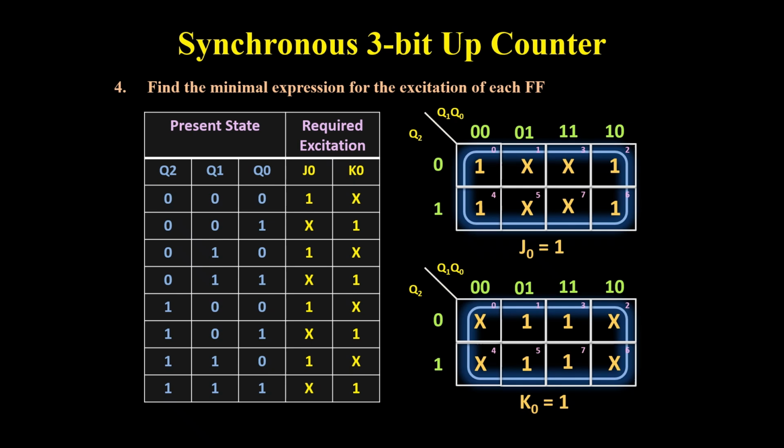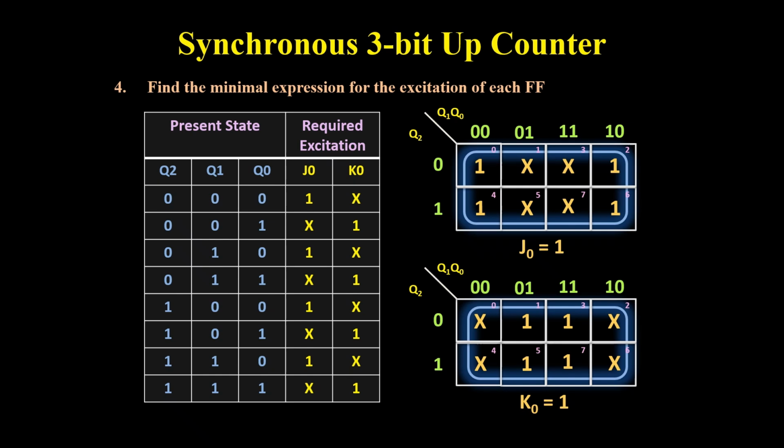So here, if we consider all these don't care terms as the logic 1, then this J0 and K0 is equal to 1 for the all different input combinations. Or if we use the K map, then in the K map, we can make the group of 8 ones. That means here, irrespective of the input combination, both J0 and K0 remains 1. So we can say that here both J0 and K0 is equal to 1. So in this way, we got the minimal expression for the each flip-flop.